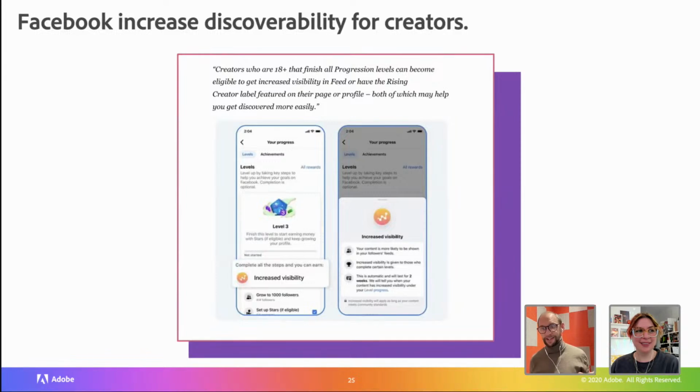because it makes sense for all the platforms. They want people that are creating content on the platform, right? All of these social networks need creators, because it's like Netflix having good shows, right? That's what all of the platforms need. So what they've never done before until now is gift creators with increased reach, because that's what all of us want, right? We want as much visibility as possible, if we're trying to build our business or personal brands. So Facebook are doing this, the first time I've ever seen them dangle this carrot of, oh, you can get increased reach if you do these things, which I'm in for. I'm a sucker for it, because show me how.